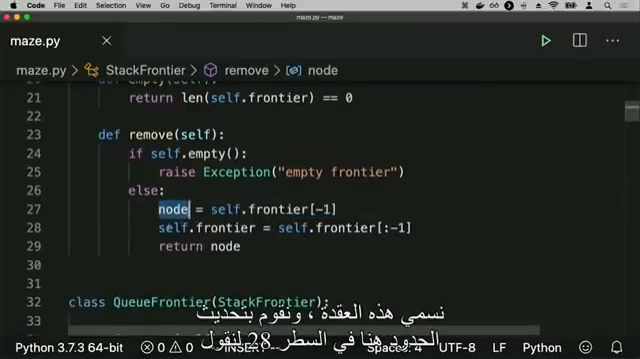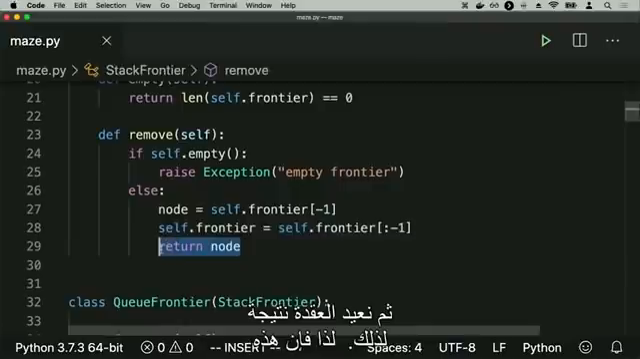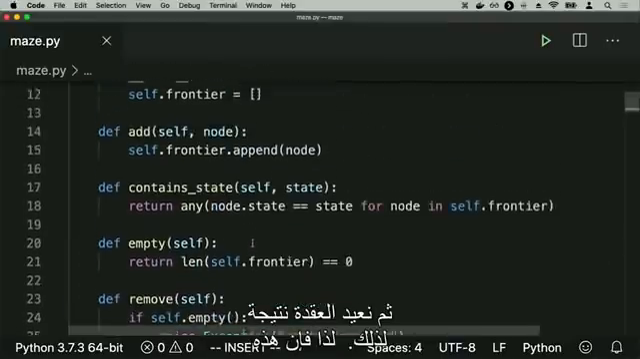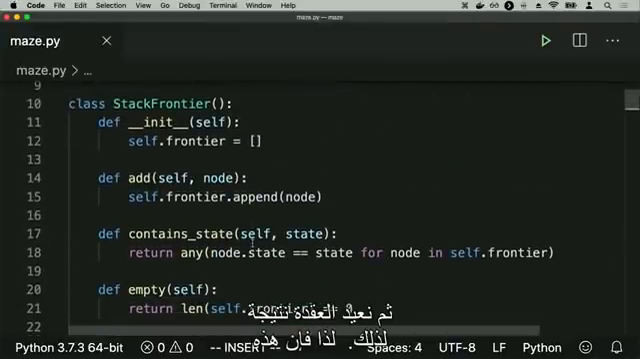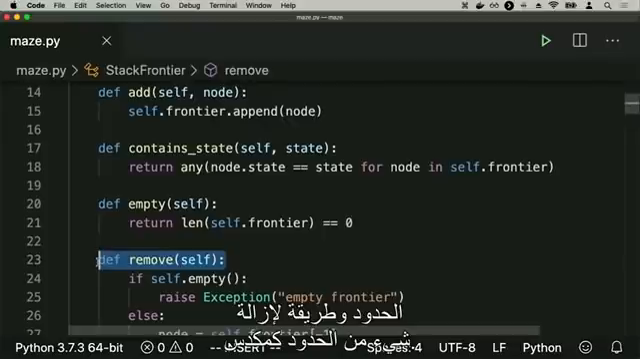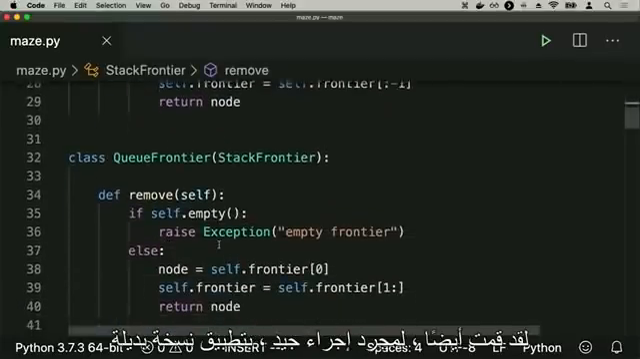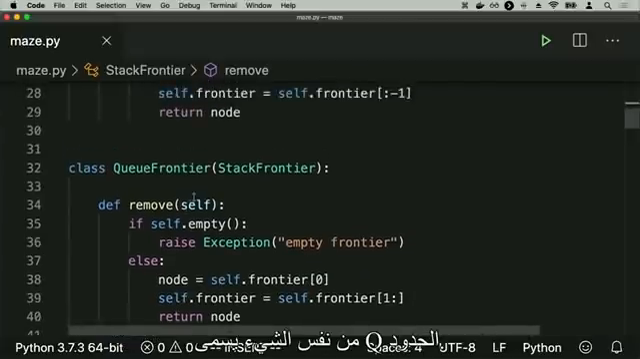We call that node. We update the frontier here on line 28 to say, go ahead and remove that node that you just removed from the frontier. And then we return the node as a result. So this class here effectively implements the idea of a frontier. It gives me a way to add something to a frontier and a way to remove something from the frontier as a stack. I've also, just for good measure, implemented an alternative version of the same thing called a queue frontier,